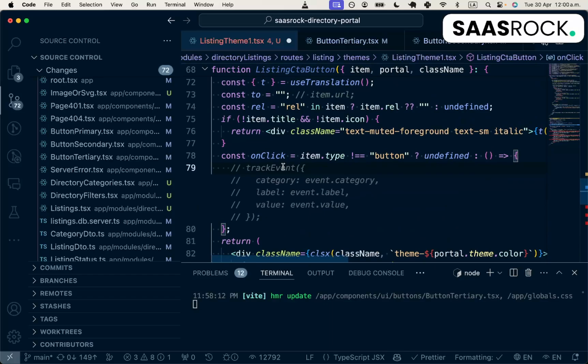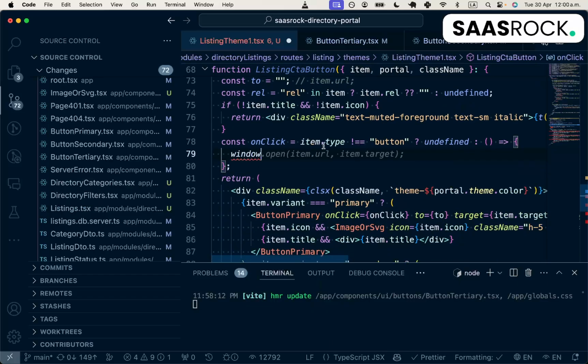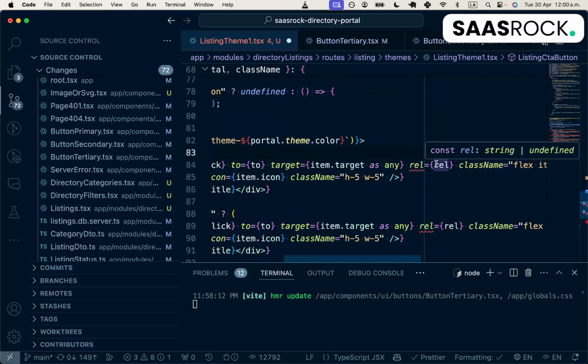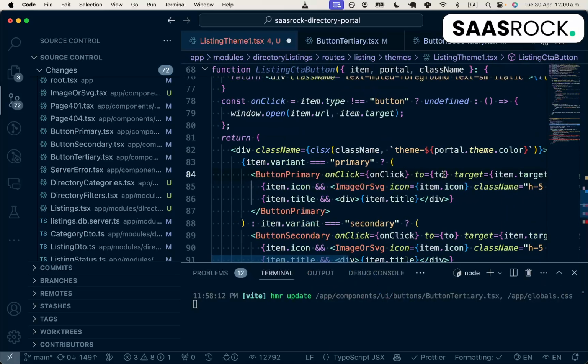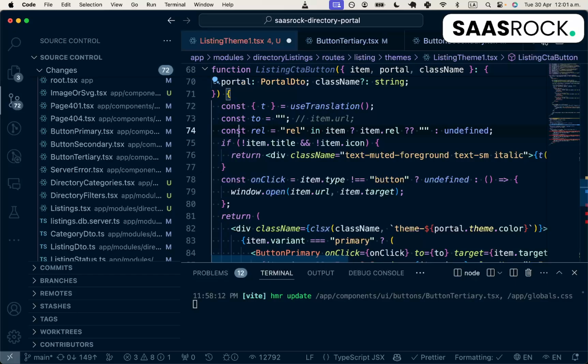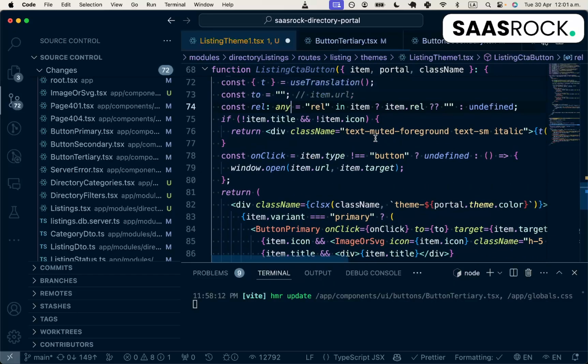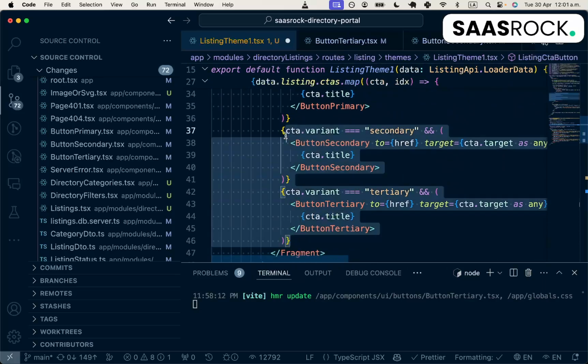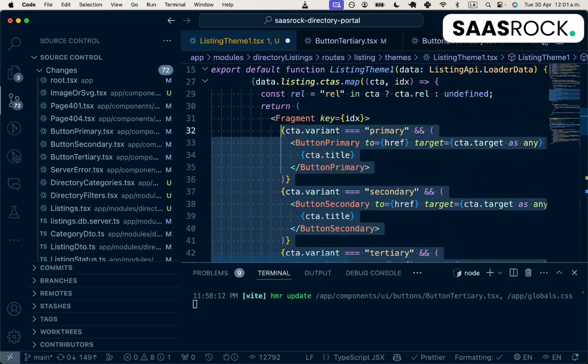And we will do this open on this URL with this target. And just like that, I think that's correct. And the rel, I'm gonna put it as any, which is not recommended, but I don't want to waste time there. So we can now remove this